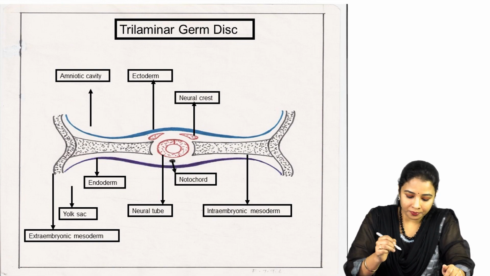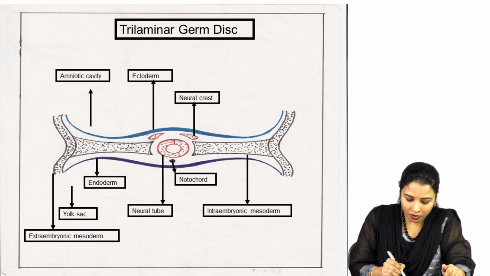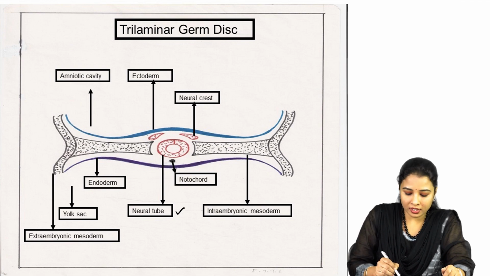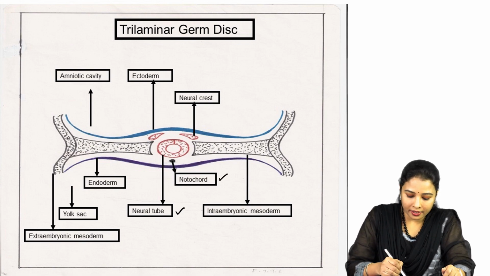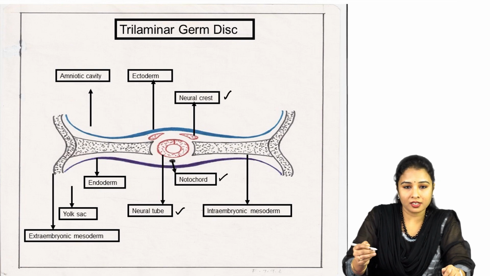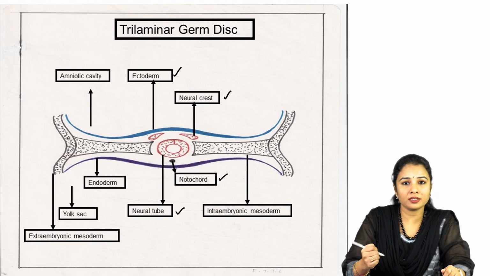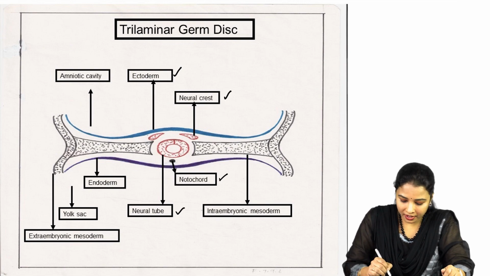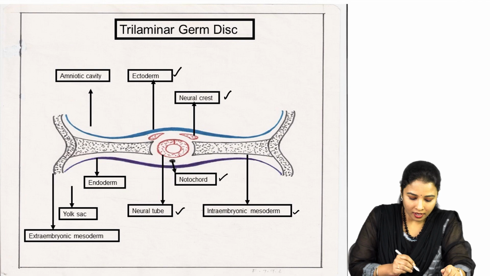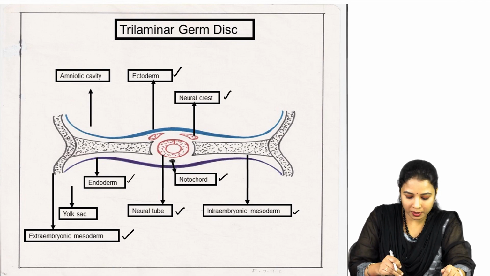Here we can see the central tube-like structure, which is called the neural tube, and just below the neural tube, the solid cord of cells is the notochord, which is a transient structure. On each side of the neural tube dorsally we can appreciate the neural crest cells. We can also see the three germ layers: the ectoderm, represented in blue color here, and the dotted one is the intraembryonic mesoderm, which peripherally continues with the extraembryonic mesoderm. We can also appreciate the endoderm, which is purple in color.